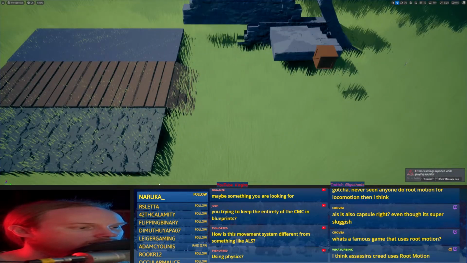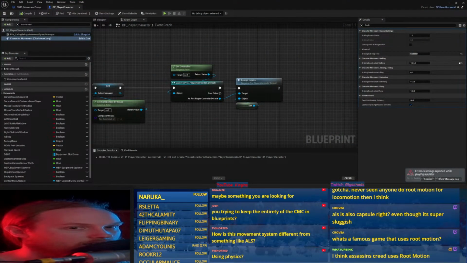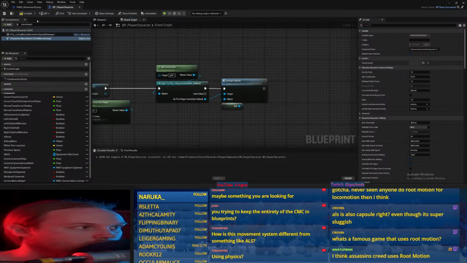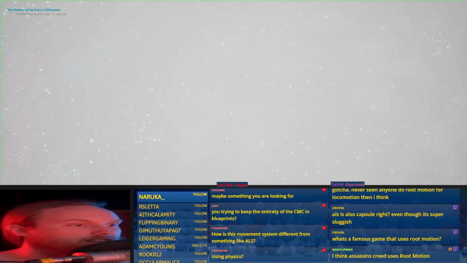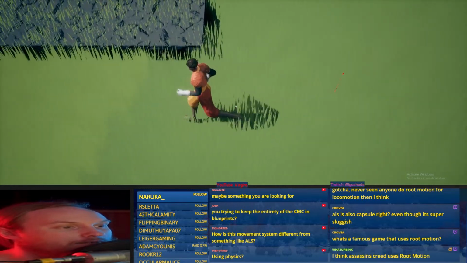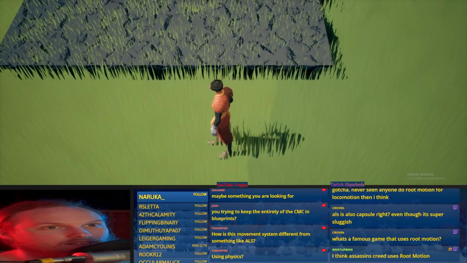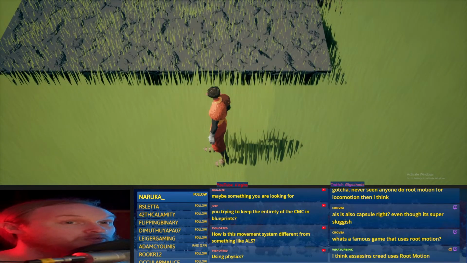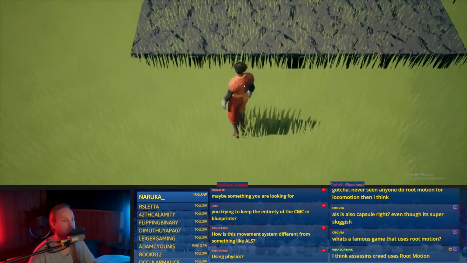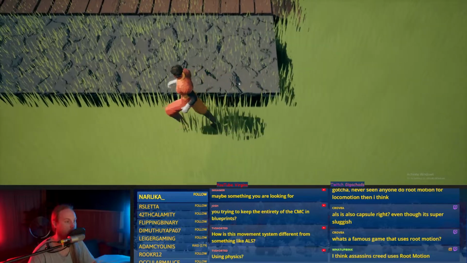Whereas what I like is for it to be not necessarily sluggish, but to feel good. Especially if you want things like the amount of stuff a character is carrying to affect their acceleration. Not just their movement speed, but their actual ability to move and turn around and all that kind of stuff.